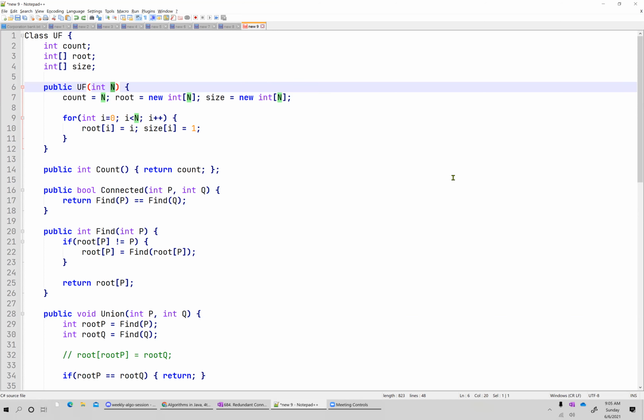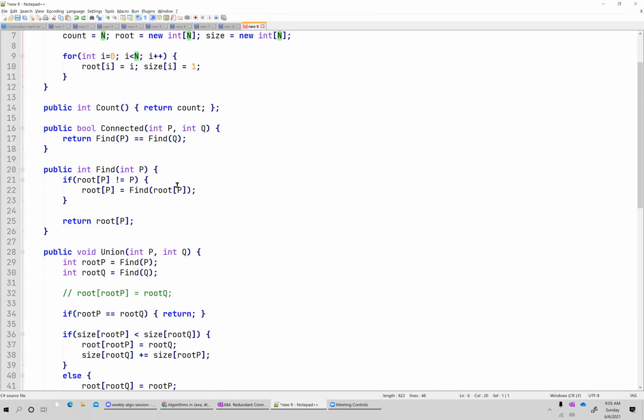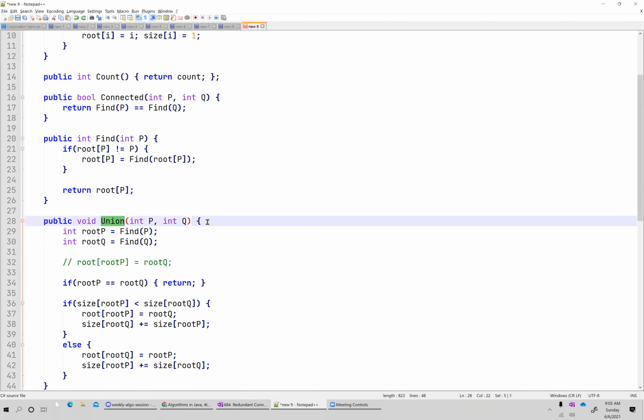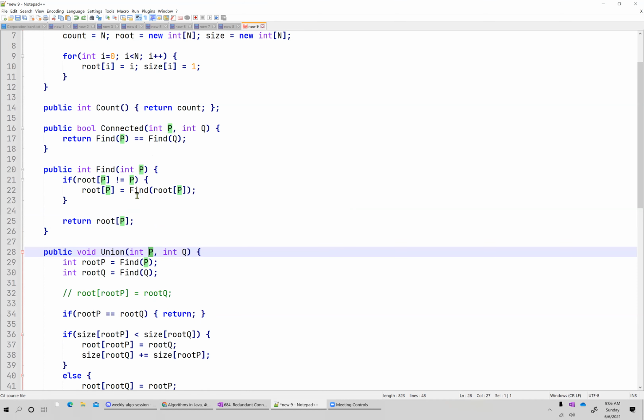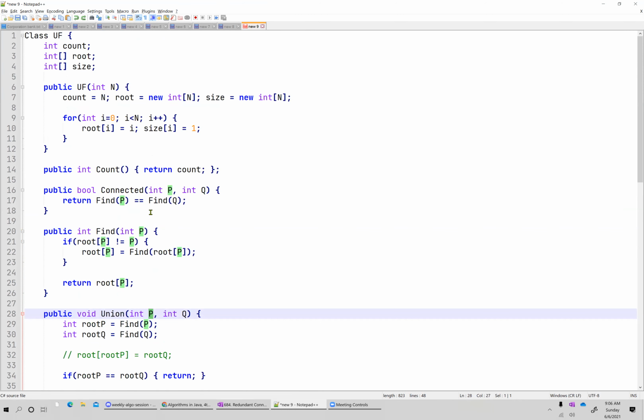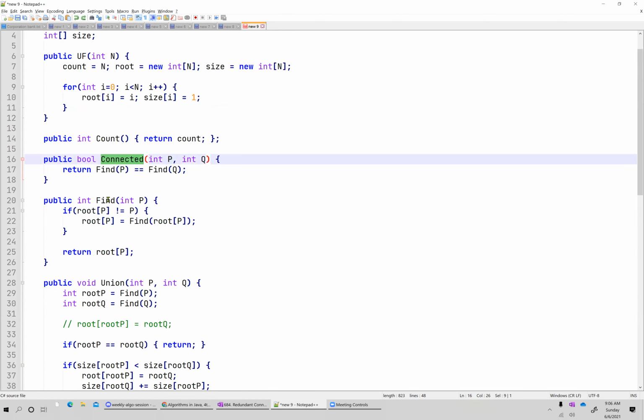Otherwise, you can still write the code, but it will be a little bit complex because whenever you are doing union, you have to make sure that both are in your range. If anyone is not in your range, the only thing you do is expand that range, right? In all of our calls, connected and union, we use find.